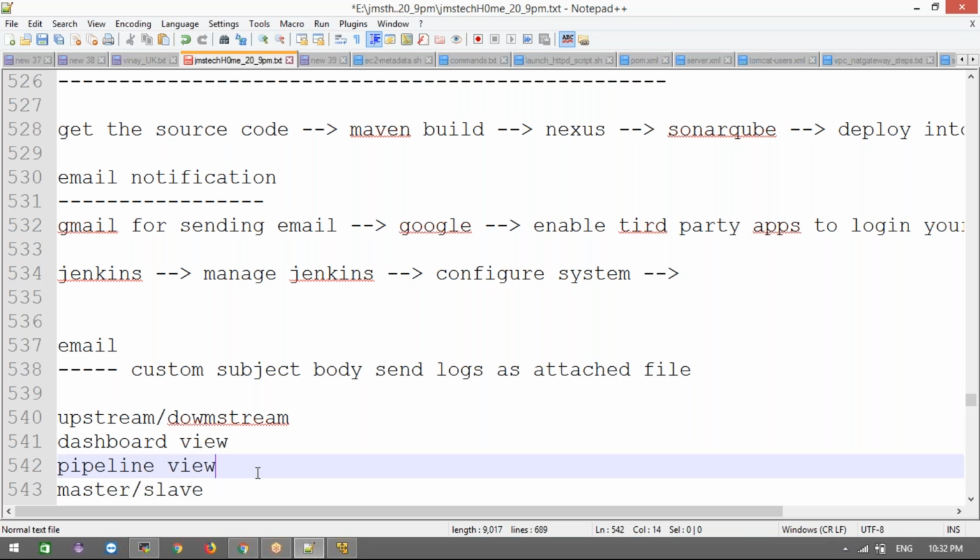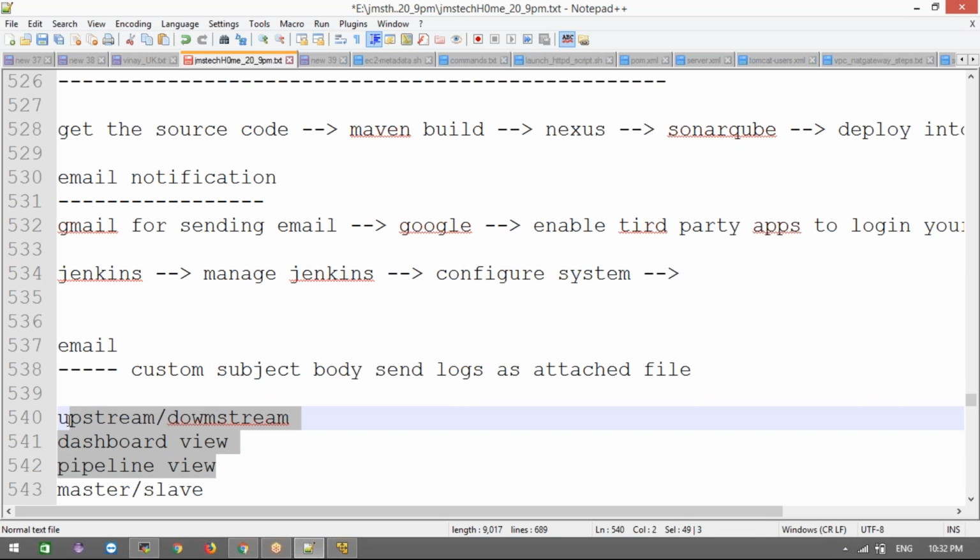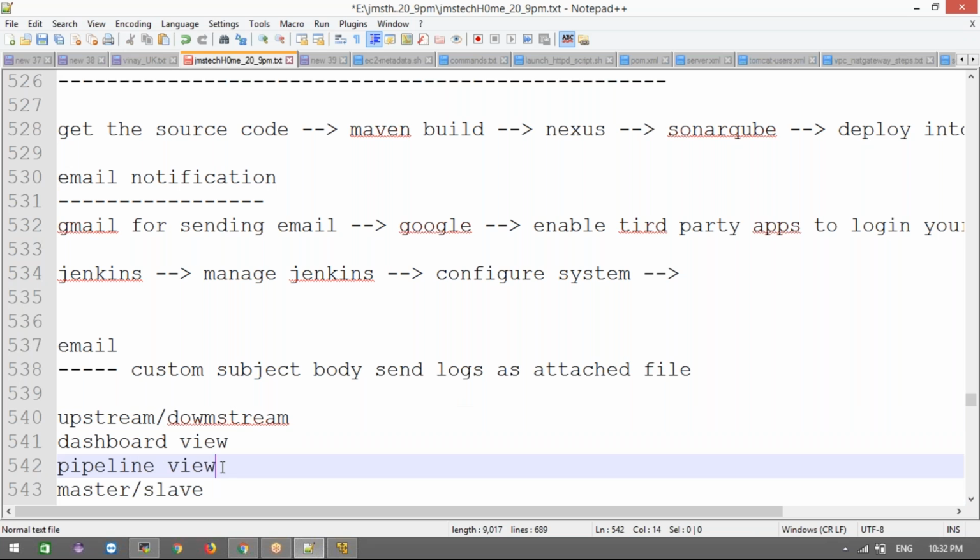I will discuss at least these three and finish them tomorrow. Master slave we'll discuss the day after tomorrow.